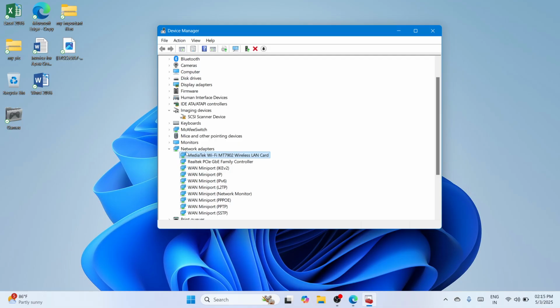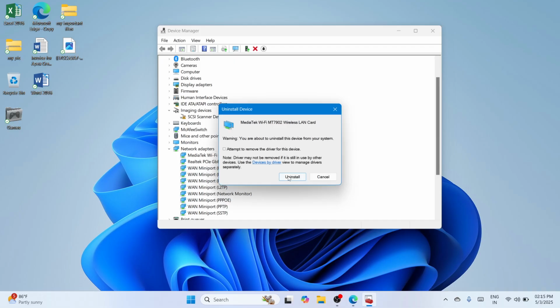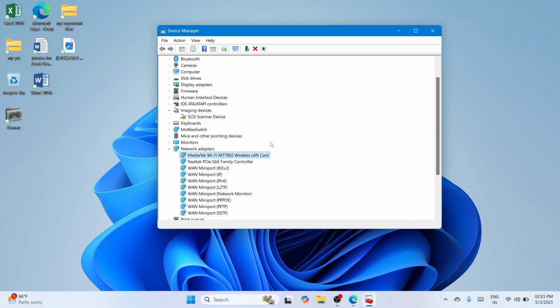But if you have seen a yellow triangle here, all you need to do is make a right click and go with uninstall device. Again, go with uninstall device and click on uninstall. But before that, you need to make sure that this is not unchecked or enable. Uninstall, and once you have uninstalled it, don't worry because the moment you click your network adapters, just make